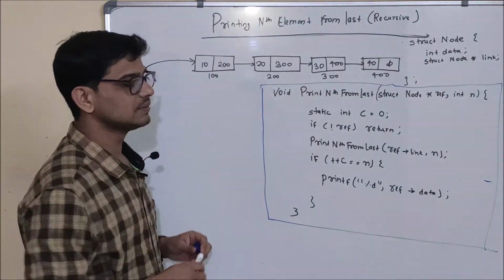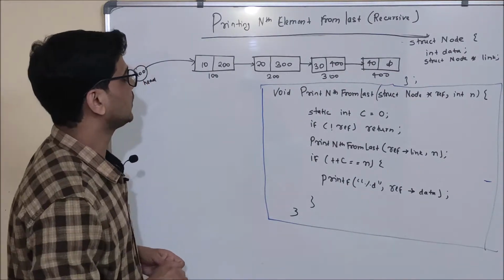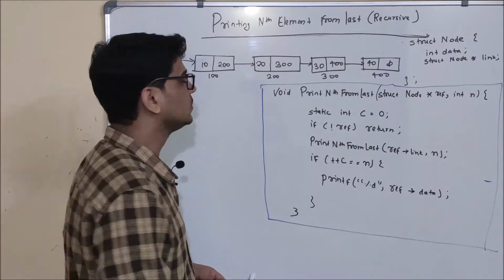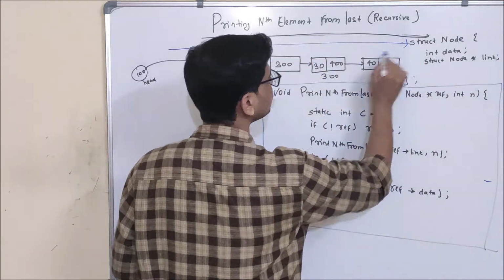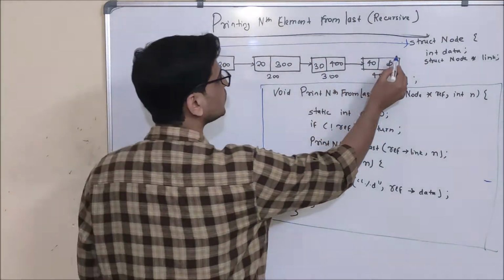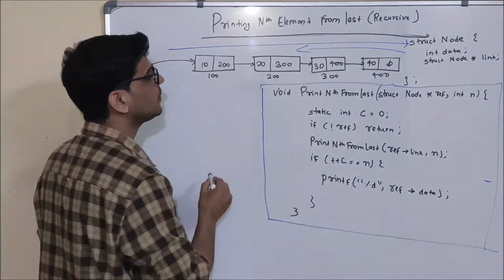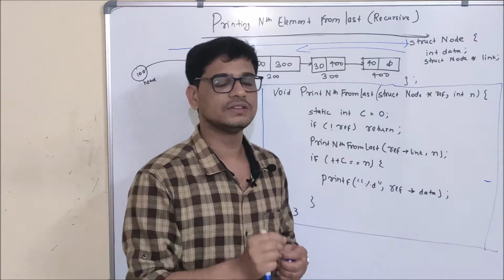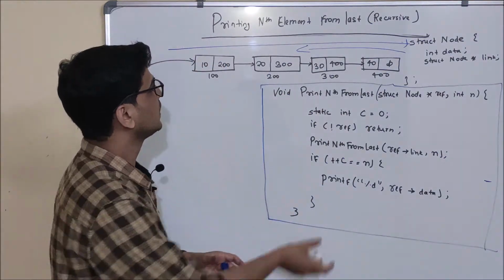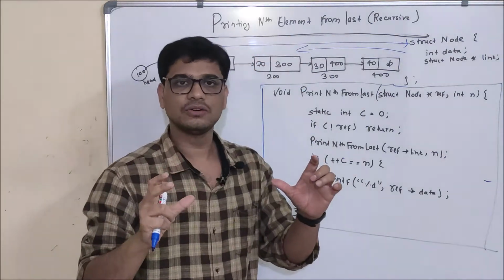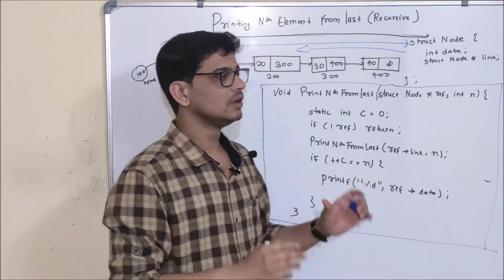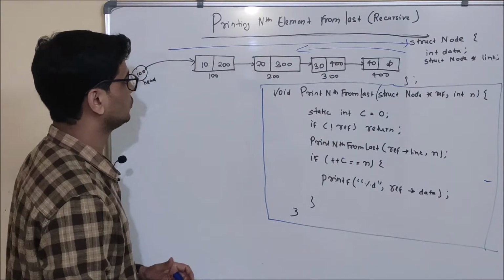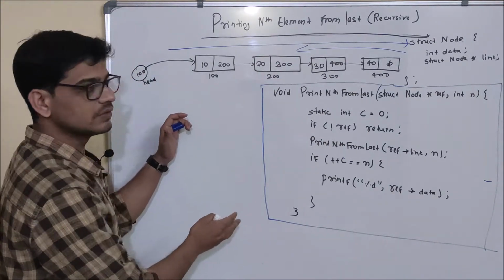And before understanding what this program is doing, let's understand the logic behind it, how we are going to do it. We will first traverse to the end of the linked list, and after that we will start to backtrack. While backtracking, we will have a counter which we are going to increase. And when this counter is equal to the nth element, that is, the element we want to print, we are going to print it. So let's see how this particular code is going to execute. Like this, it will be easier for you to understand.